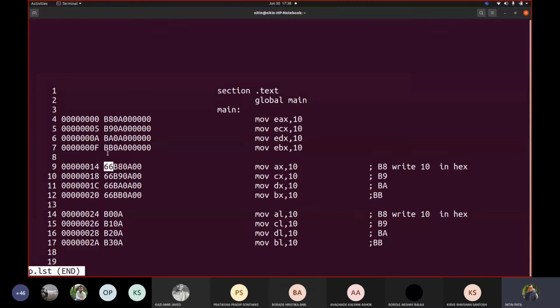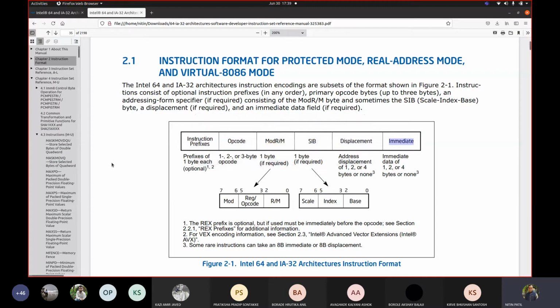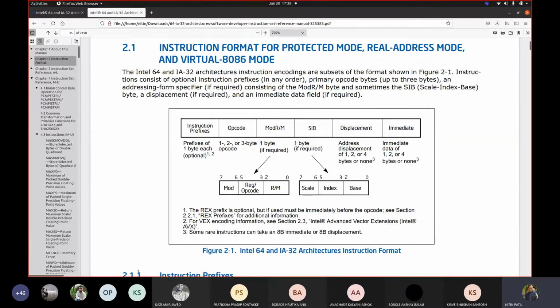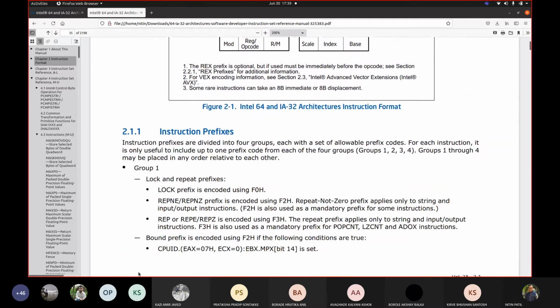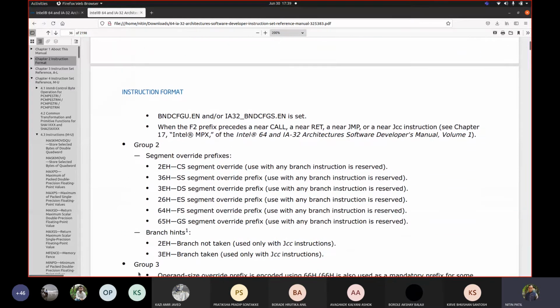You can even see the addressing mechanisms. Here it took 5 bytes, here it took 4 bytes, here it took only 2 bytes. 1 and 2, 24, 25, 26, 27, 28, 29, 2A, 2B. Correct? Now, from where can I find that this 66 is to be added as a prefix? Let us go to that PDF which we are using and address this instruction prefix. Next to it only it is added. Let us go below and see where exactly the 66 is.